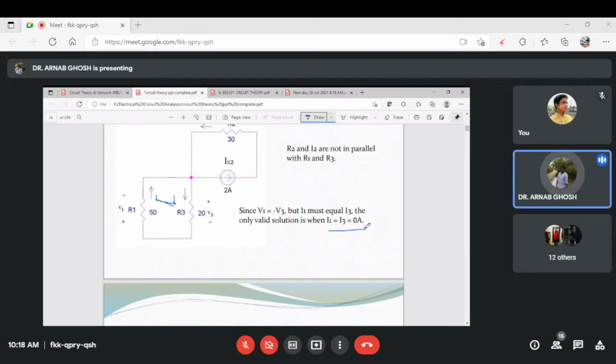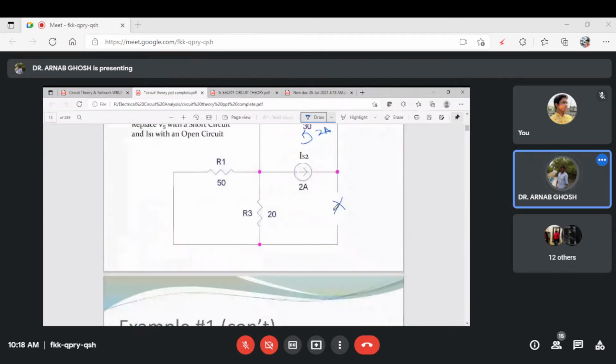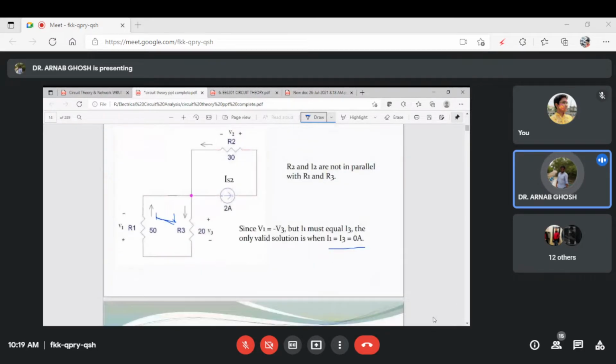I will repeat, right? See, if you are redrawing this circuit, this part is open circuited. So you are not having any current in this part, right? So this part is completely eliminated. You are having this as the circuit. So here the current flowing is I2 amps. Here the current flowing is 2 ampere. Okay. So no other current is flowing in this branch. So here you can tell the current across I2 is 2 ampere and the voltage is 30 into 2 ampere is equal to 60 volt.